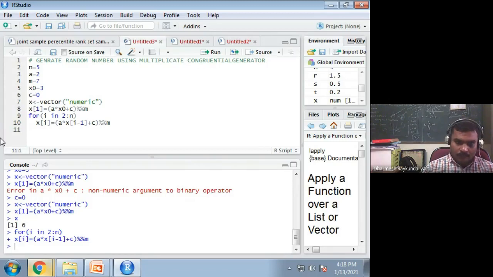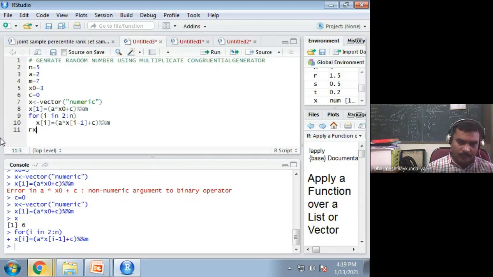Now I need the generated random numbers, which I call Rx. So Rx equal to c bind. Why c bind? Because first I generated X1 and second I generated the next. Is it necessary?